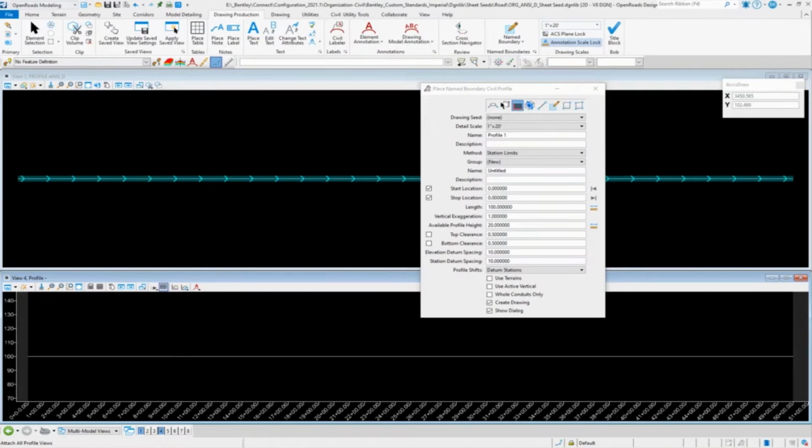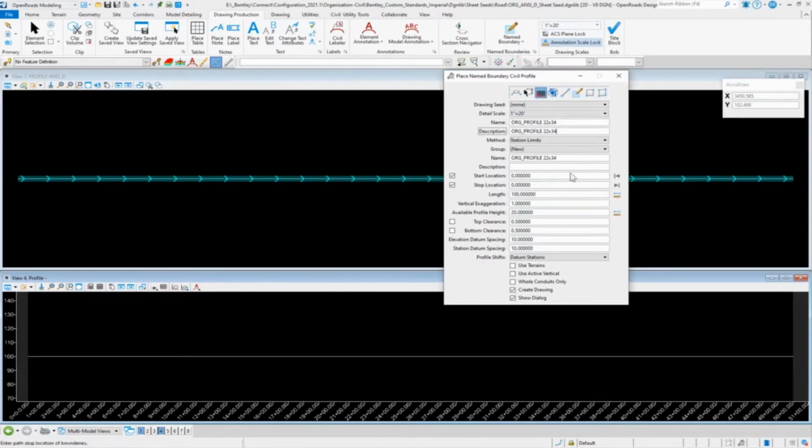Another good reason to have your profile settings set up in a spreadsheet, which I have on the other screen. I'm going to take the name of my sheet here and paste it in. The org is just organization. I usually try to set an organization name in there so you know those are specific for that organization. So we're going to do it for station limits. We'll come down here and pick our